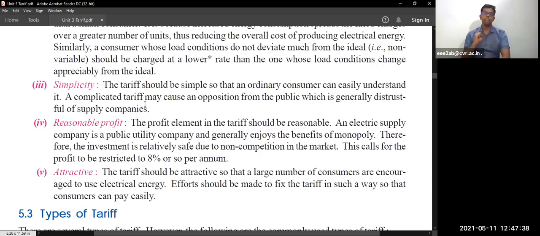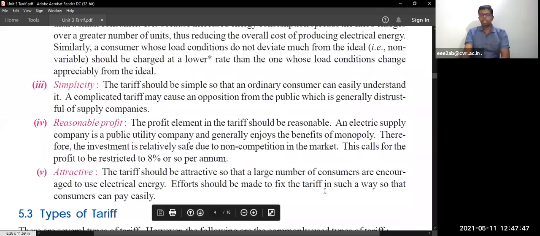If you give free schemes, they should be very attractive, so that many consumers are encouraged to utilize the energy. Efforts should be made to fix the tariff in such a way that the consumer can pay very